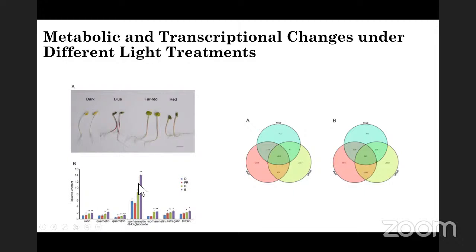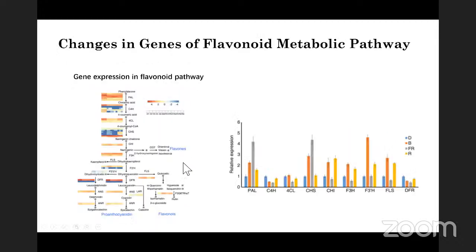We found blue light is a key factor to regulate the accumulation of the flavonols. We also observe the gene expression patterns in the flavonoid pathway under the different lights. We use qPCR to reveal the key gene expressions distributed in the flavonoid pathways. We find